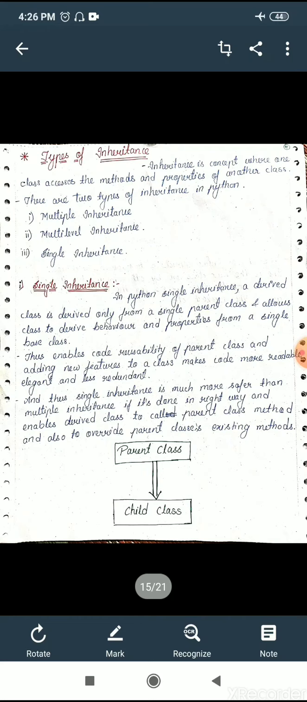तो अगेन इनहेरिटेंस का मैंने फिर से एक बार जस्ट एक लाइन में लिख दिया है कि इनहेरिटेंस इज कंसेप्ट वेयर वन क्लास एक्सेसेस द मेथड्स एंड प्रॉपर्टीज ऑफ अनदर क्लास। सो कौन से टाइप्स के हैं, पहले तो है सिंगल इनहेरिटेंस, फिर मल्टीपल इनहेरिटेंस, मल्टी लेवल इनहेरिटेंस, हाइब्रिड इनहेरिटेंस और हायरार्चिकल इनहेरिटेंस। तो सिंगल में देखते हैं। सो अब तक के जो हमने इनहेरिटेंस के एग्जाम्पल्स देखे वो था सिंगल इनहेरिटेंस। इसका क्या मतलब है कि